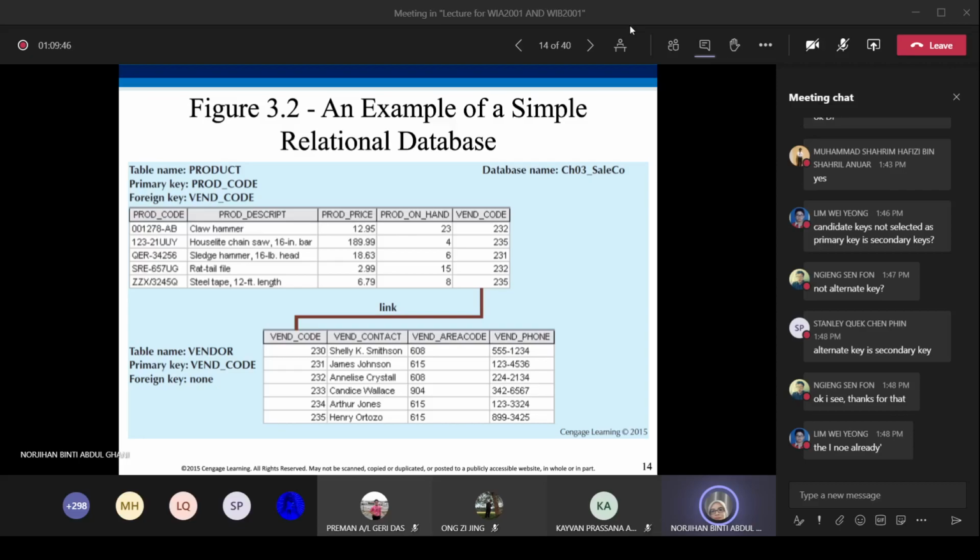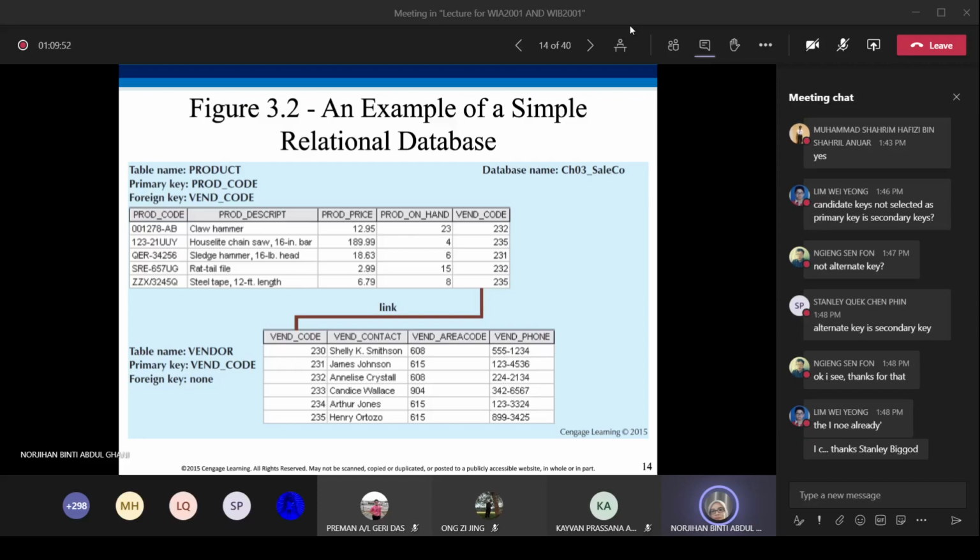If you look here, all the values that we have for vendor code in the product table are the same values that we have in the vendor table. So all the values in the product table must be valid values for the attribute vendor code. 232 exists here, 235 also exists here, and so on.